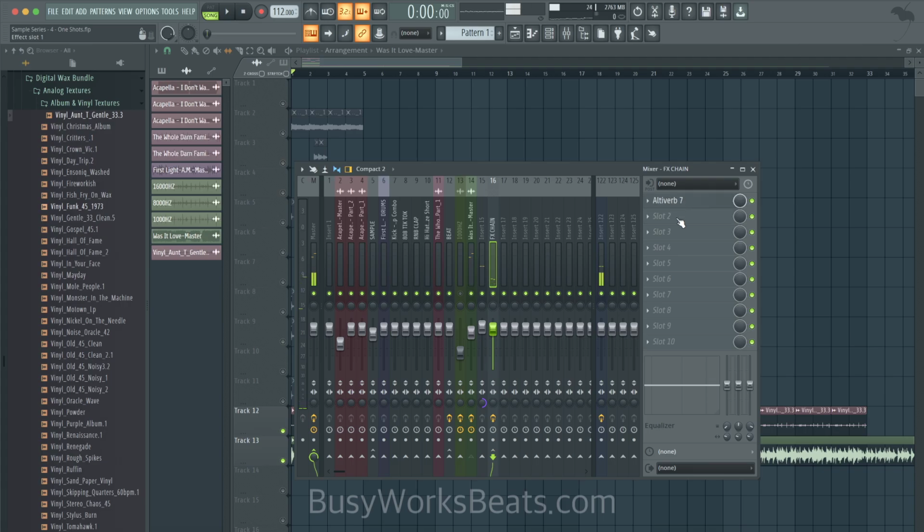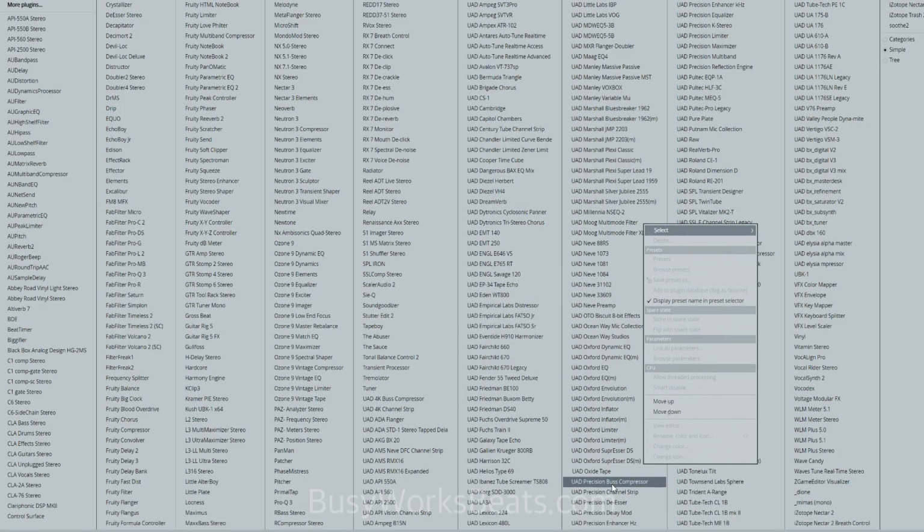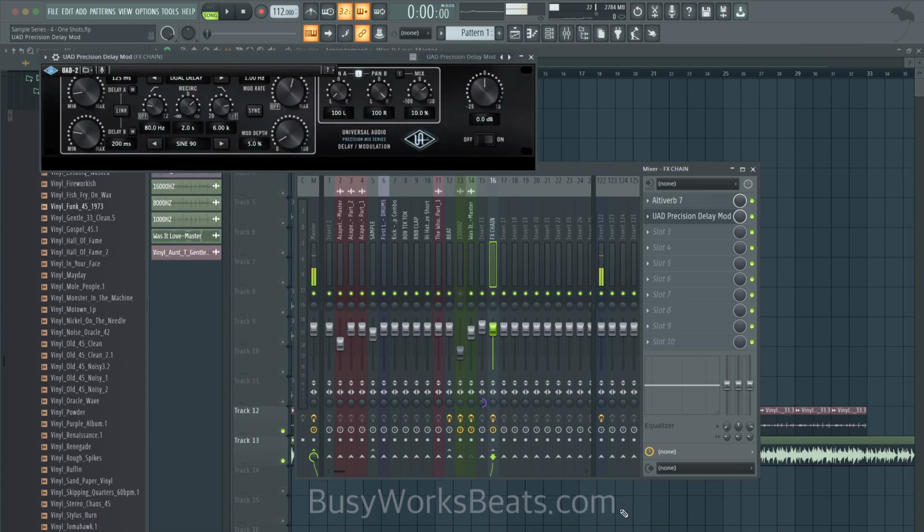Then I'm going to do like a delay mod effect. So I'm just trying to pick my brain to go into deep, weird trains of thought. Or should it be chains of thought? Because technically it's a thought chain. I can't even hear what this delay is doing.